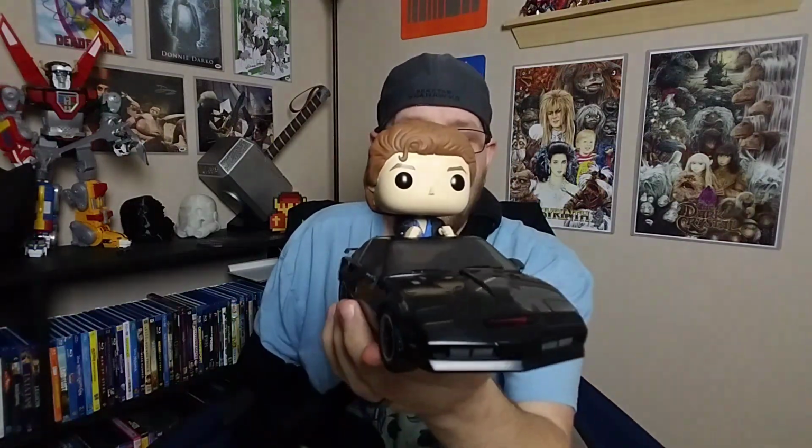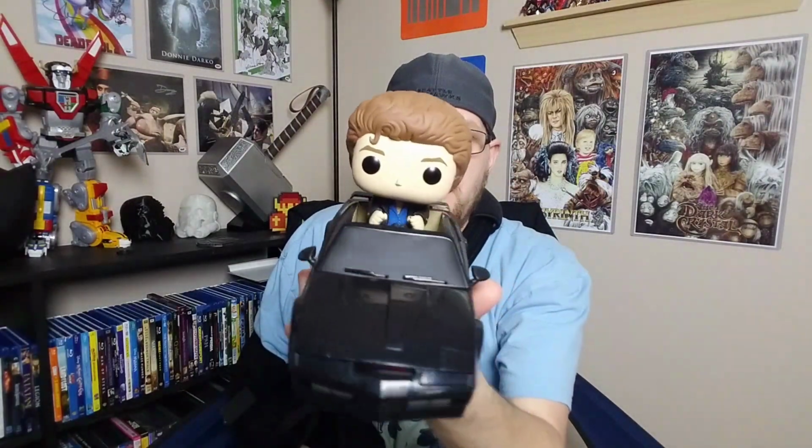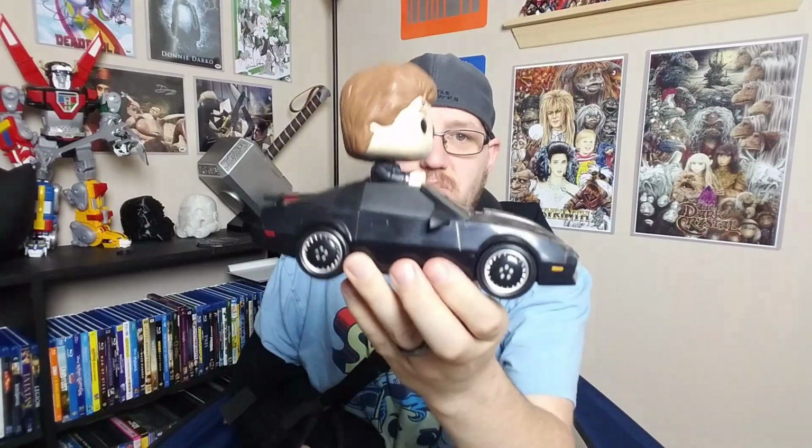Wheels don't spin. The rides themselves are pretty basic, but it is just the fact that we actually have a Knight Rider ride is awesome. I'm super happy. I actually would be okay if they came out with just him outside of the car. I think that would be cool too. But it'd be pretty basic and plain. So then getting into,